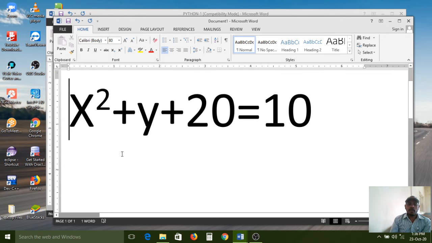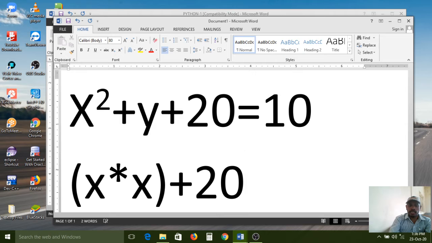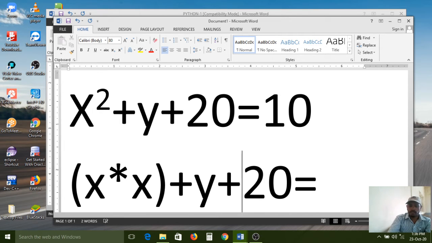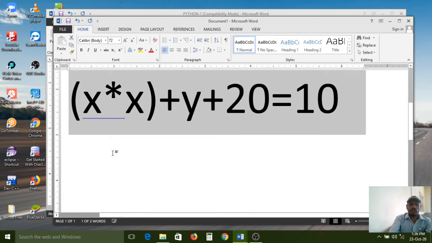So it is a mathematical expression, but in a programmatic way, how can we write it? The x square symbol means x multiply x. After that, plus operator, 20 as it is. Sorry, y is also there. So y plus 20 equal to 10.